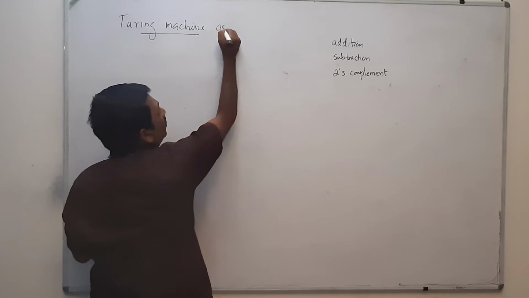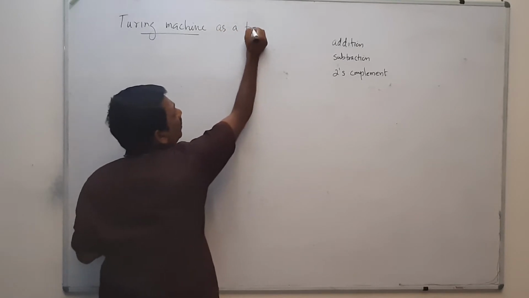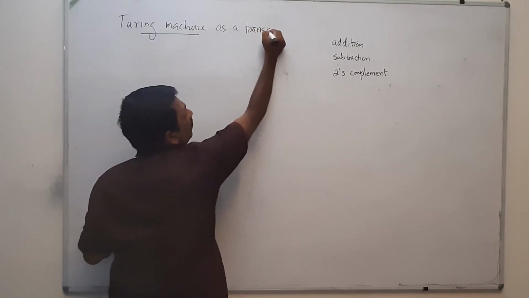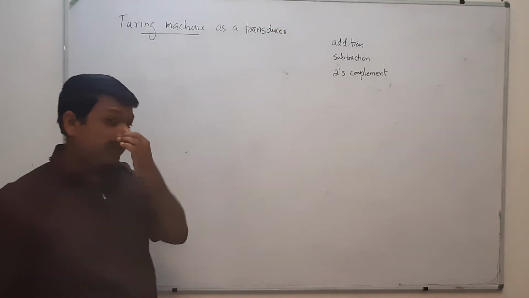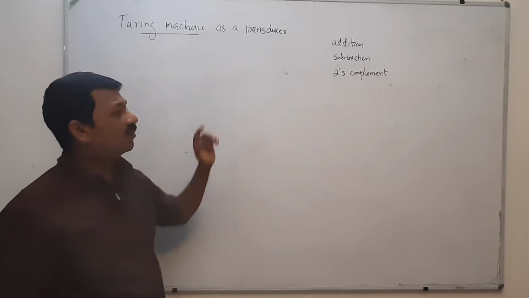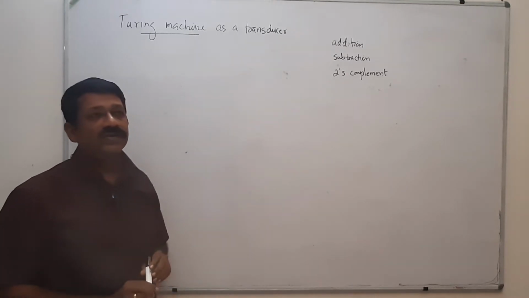So, Turing machine as a transducer. Transducer means it's a computer of integer functions. For example,